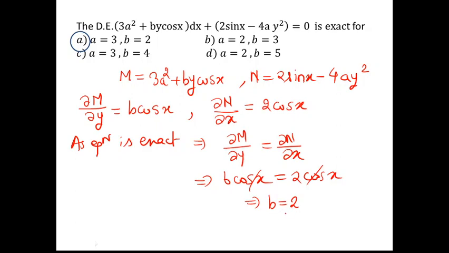Here there is no way of getting the value for a, so just out of the choices given, go for that option where b is given as 2. There is only one option where the value of b is 2, whereas a could be anything, because the involvement of a is not there in the exact differential equation. So the only option given is a with b is equal to 2. So the correct option is option number A. In this way one should do, right? Okay, let's have the next question.